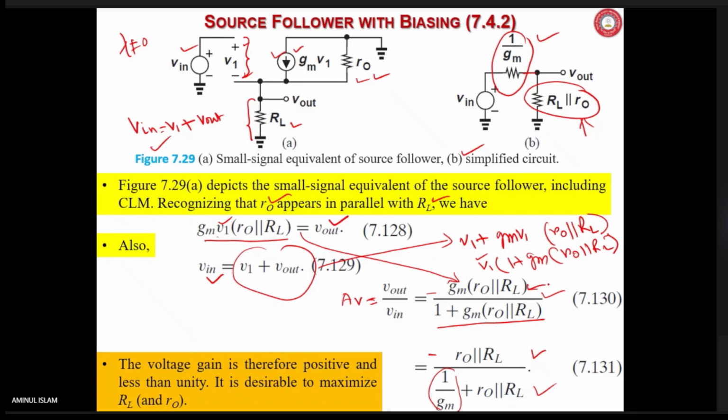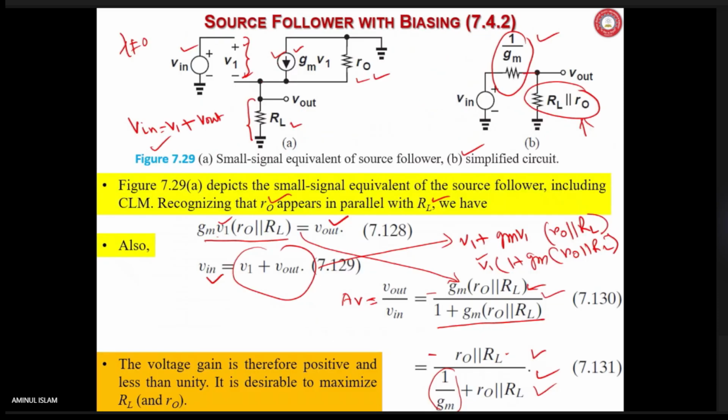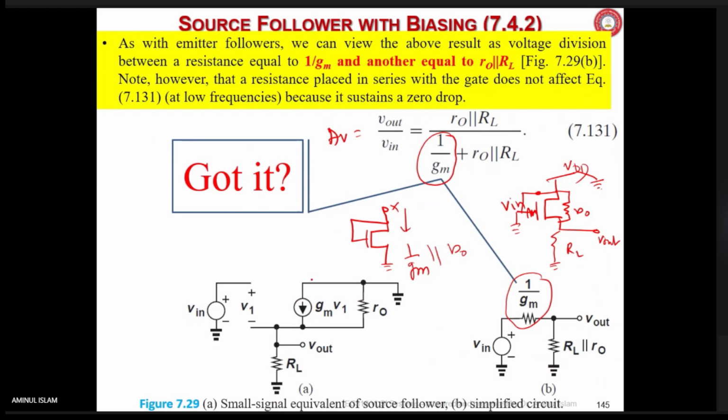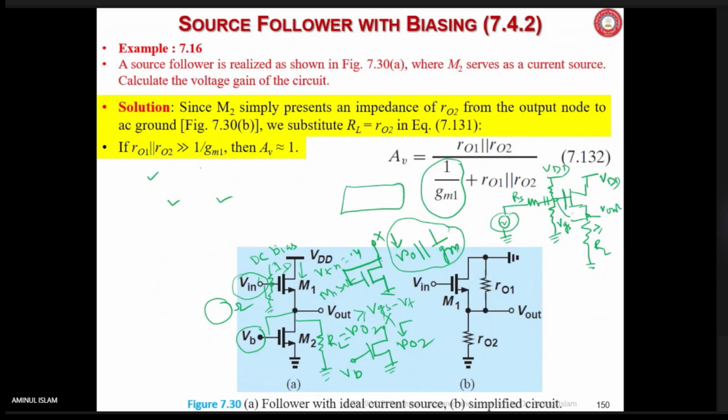Is it now understood, Shashank? Yes, sir. So that can be further manipulated to get this one. It is not very difficult. Divide numerator and denominator by gm, you get this divided by this. So this is your Av of this circuit, the voltage gain of this source follower. Now, I think it is well understood. I have explained why it is so by this diagram, which we already discussed. So this is no more required.